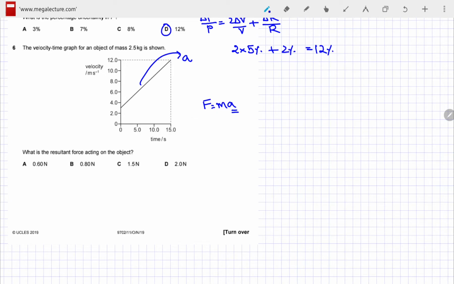Let's take 12, this one. So you have 12. Let's pick another point, let's pick this one, which is 3, divided by what is time over here, 15, and what is time over here, 0. So you get, and you multiply this with the mass, 2.5, and when you put these answers in your calculator, you get 1.5 newtons, right? So what is the correct option? It is C.